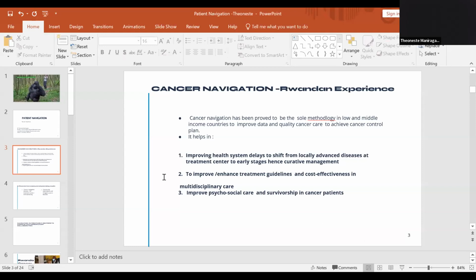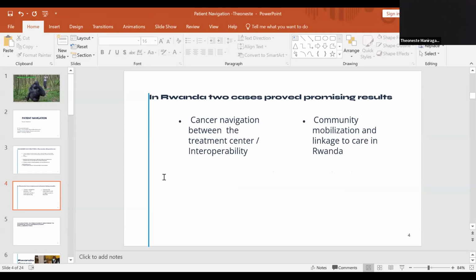So here I'm just going to share our experience, talking about 2 projects we ran here. One was a cancer navigation between